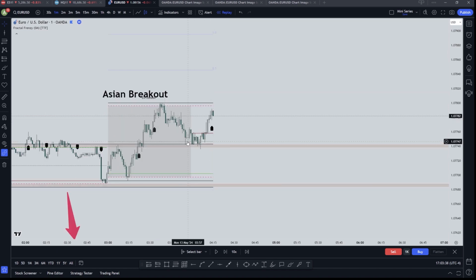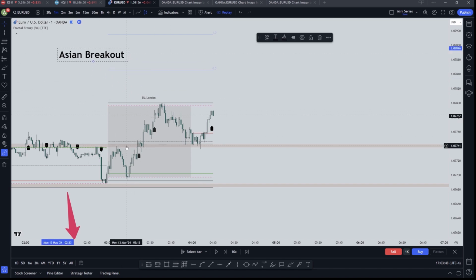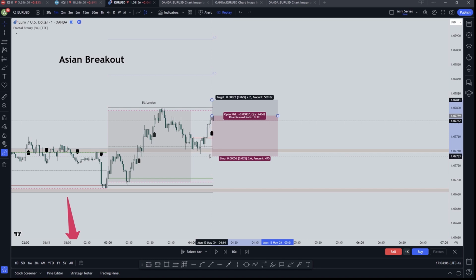You saw we had a breakout, a retest of the level. Remember, in any concept that we trade in the IDR, I always want to see the breakout and the retest of the level that we want. Look, breakout from the Asian DR level, price came back, had the fractal frenzy signal, and let's see, we covered